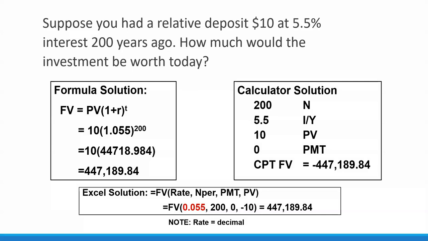Suppose a relative deposited $10 at 5.5% interest 200 years ago, and we just found out about this account and we go to look for it. So how much would that $10 be worth 200 years later? Well, we have the calculations. If we use the written formula, that's $10 times 1 plus 5.5% to the power of 200 years. It equals